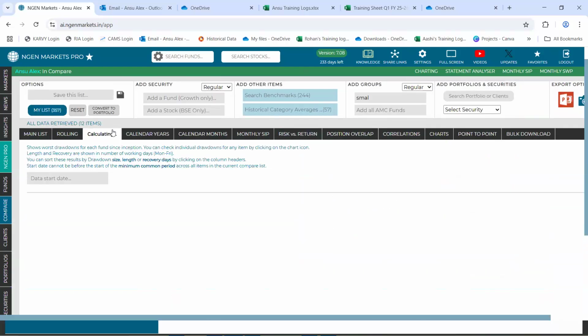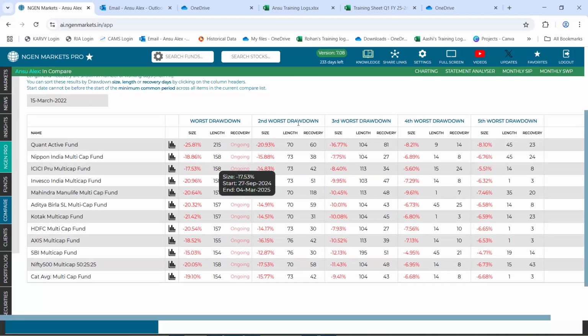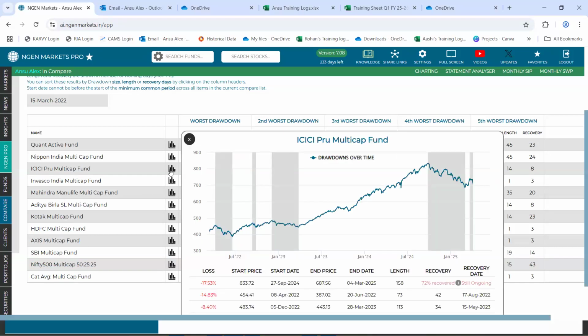Next, we move towards the drawdowns tab. Now, drawdowns lets us see how quickly a specific fund is recovering from any loss that has happened in the past. That is to say, the fund's NAV falling down and how many days, or rather working days, did it take to reach back or cross that loss period or the loss NAV. Right here, we show the top 5 losses for the schemes as well as the benchmark and the category average. How you read the data is just by clicking on this graph-like icon.